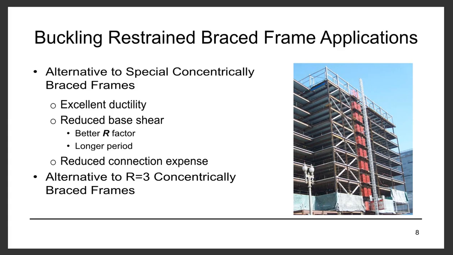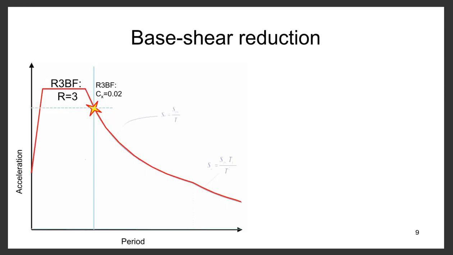It also can be used as an alternative to R=3 concentrically braced frame systems. That would be in seismic design categories B and C, especially in seismic design category C. So in a lot of places, say in areas of Las Vegas, Nevada, where the project ends up in seismic design category C, you could be weighing buckling restrained braced frames against R=3 systems. So here might be essentially your spectrum computed with an R of 3 using the